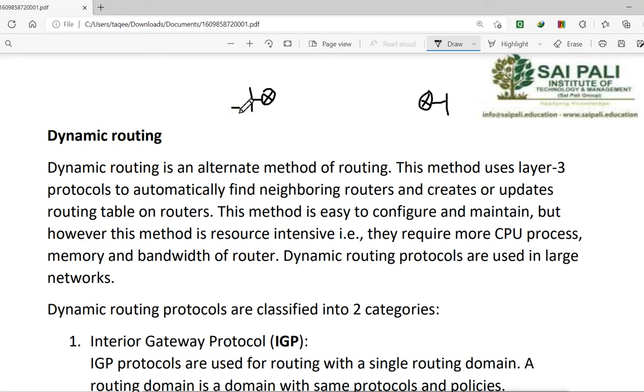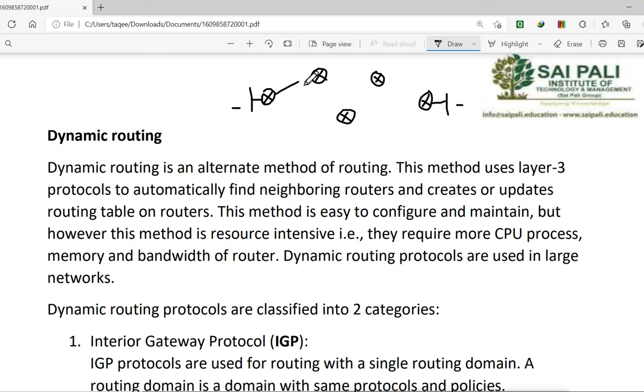When we want to send data from this network to this network, maybe we have two paths here.